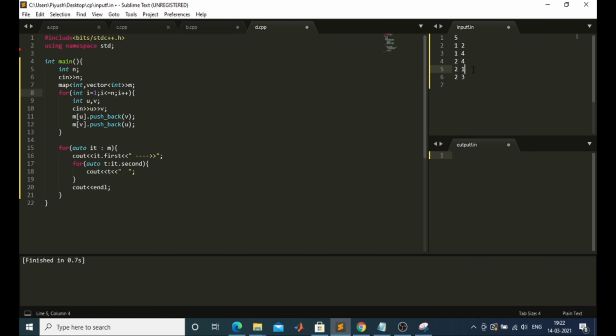We won't write 2 to 1, it is automatically understood. Okay, 1 4, 2 4, 2 3, then 4 and 5, I think this is all, and how many these are, yes, 5. Okay, so let's just run this.